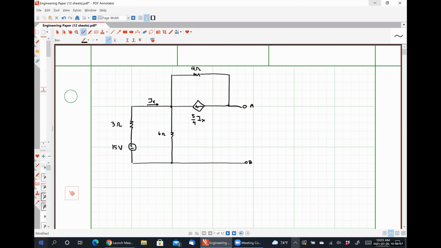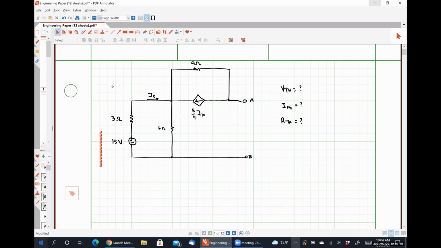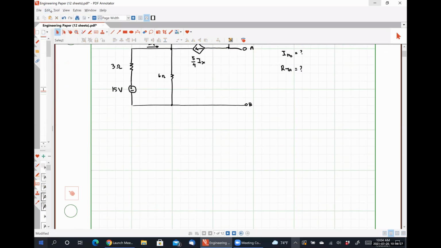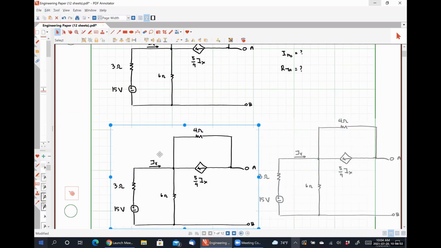All right. So our goal here will be to determine the Thevenin voltage VTH, the Norton current I Norton, and the Thevenin resistance RTH. All right. So to find the Thevenin voltage, we take our original circuit,